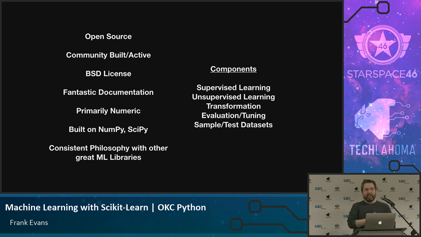BSD license, use it for anything you want. So personal projects, commercial projects, hate speech projects, don't do that, but you're allowed to, whatever. You can use it for anything that you want to in any capacity, and the BSD license means that you can build anything on top of it that you want to.